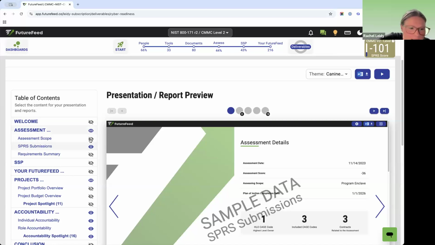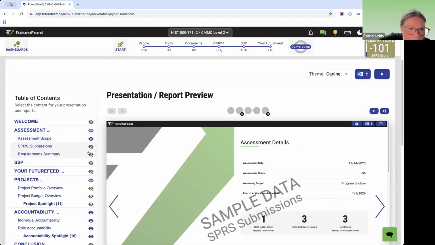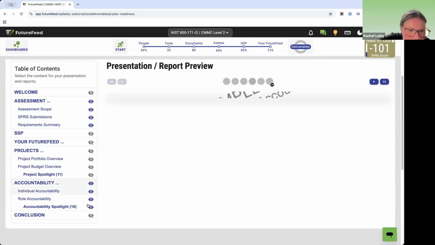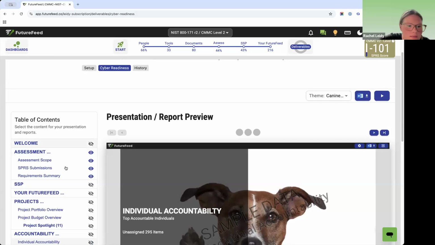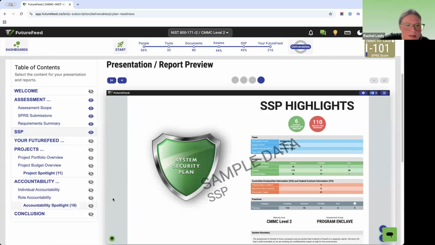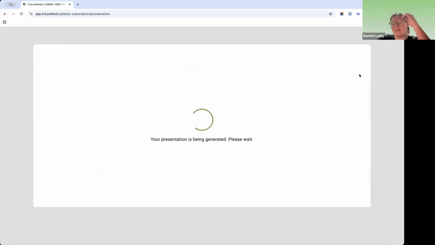I definitely want my assessment scope. Maybe that one, sure, that one. But we don't need any of these other, okay? What else? We also wanted to present on my SSP, so we'll present that. Okay. Now I just hit play. It's going to generate for me a